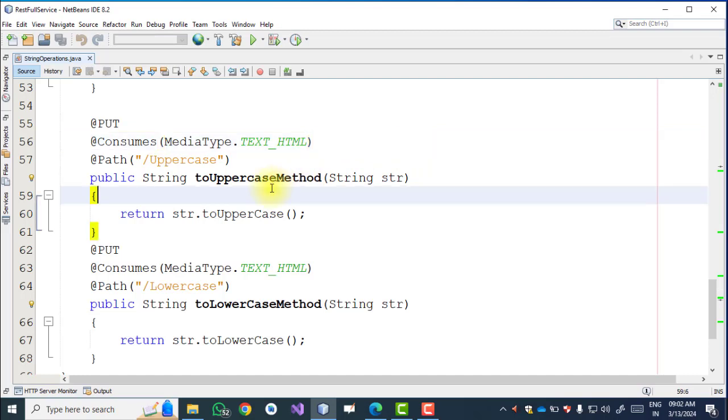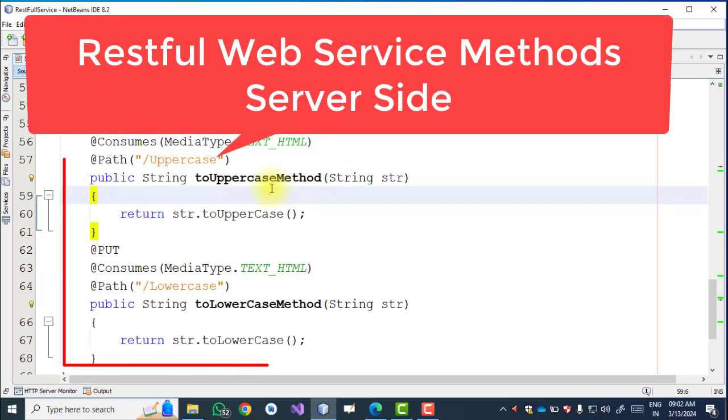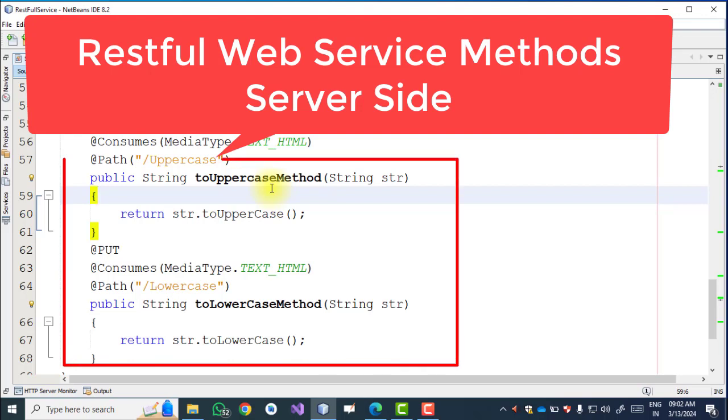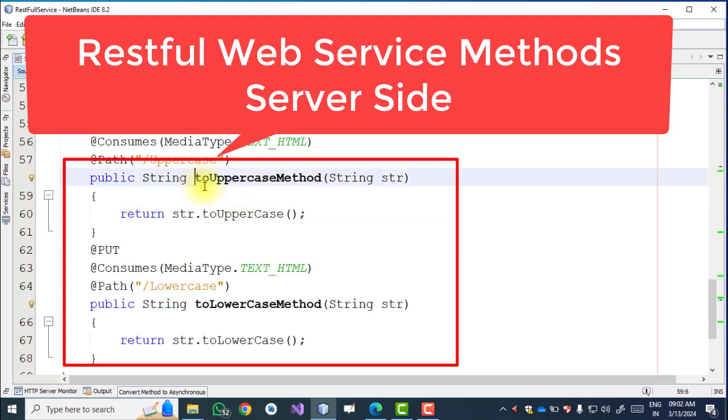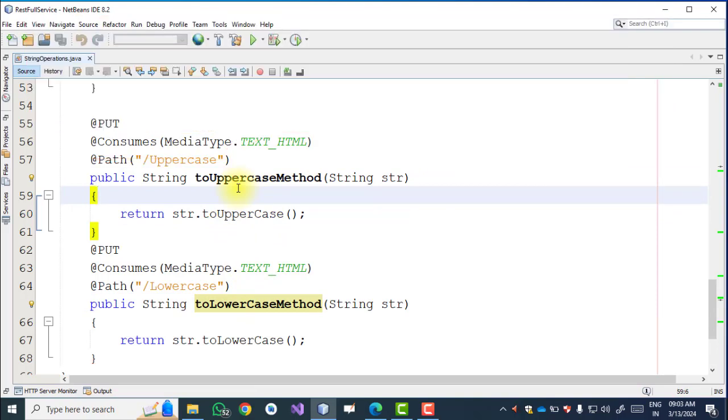In the last video, we completed practical number 3 part A. उसमें मैंने आप लोग को how do we create a web service और web service को टेस्ट कैसे करेंगे, right? We are done with that part. So in this we have created two methods, toUpperCase method and toLowerCase method. So these are the two methods that are available in RESTful services.